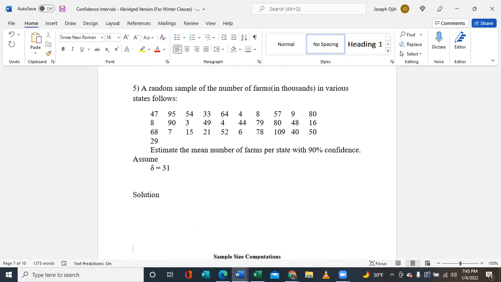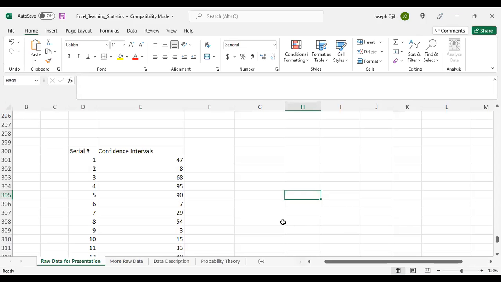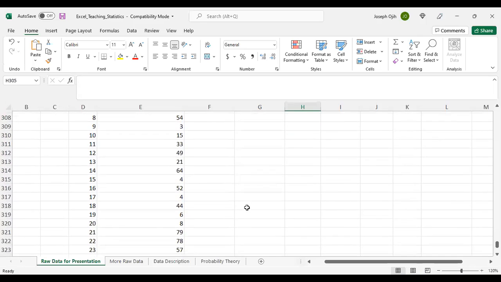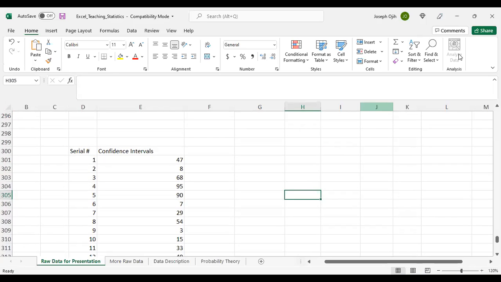I have already put these numbers in Excel, so I'm going to take you right there, where we can get our mean and standard deviation. Can you see it? Hello. Yes, we can. What we're gonna do to get it fast. I've already shown you how to calculate the mean and standard deviation in Excel, but since this is a confidence interval and it's a project, and you are given the numbers, the fastest way is this. Look,